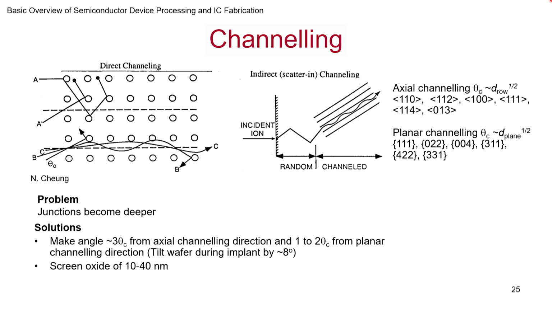Another thing that you can do, especially when you are doing a shallower implant, which we will see later, is to have a screen of amorphous material on top. You can put a thin layer of silicon oxide, for example. SiO2 is amorphous. So when it hits it, the orderly ions that are coming in all parallel will go in all random directions. So you are scrambling it. So at least much of the implantation will be in a random manner. So only at the very low implants, low concentrations might end up channeling.